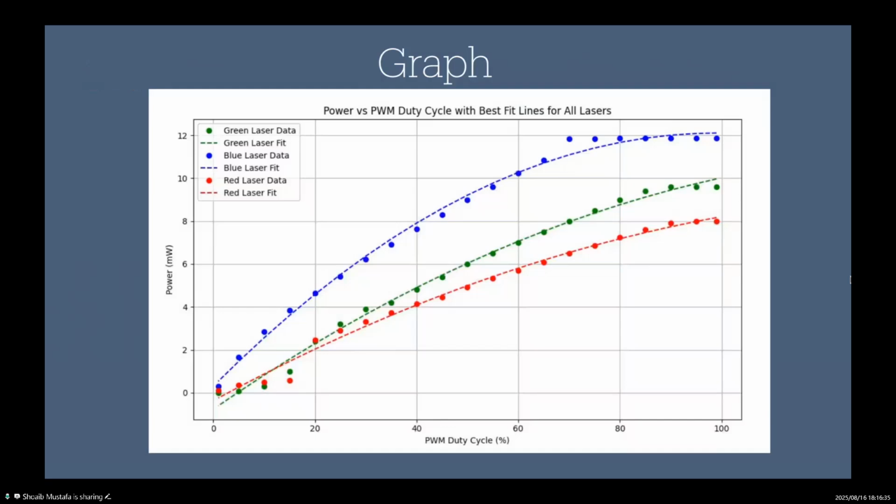Moving forward, this is the kind of graph that we achieved with this. This is basically a result of manually sitting through it and checking what kind of PWM duty cycle would give you what kind of power. And this taught us a few things: each of the lasers has its own offset. So in a production-grade software or this kind of project, we basically need to calculate the offset of each